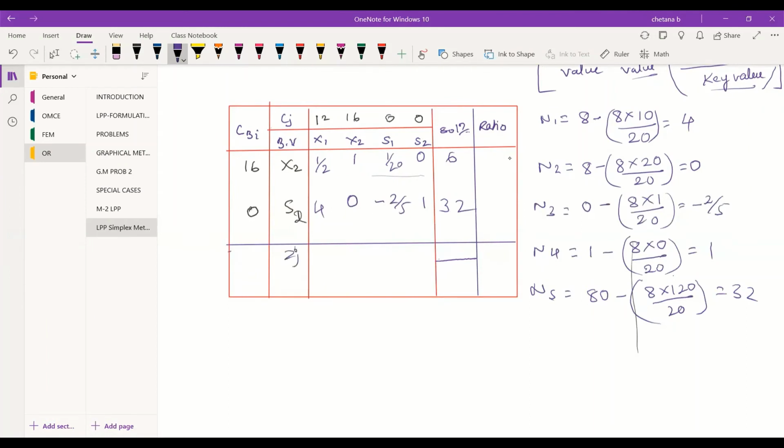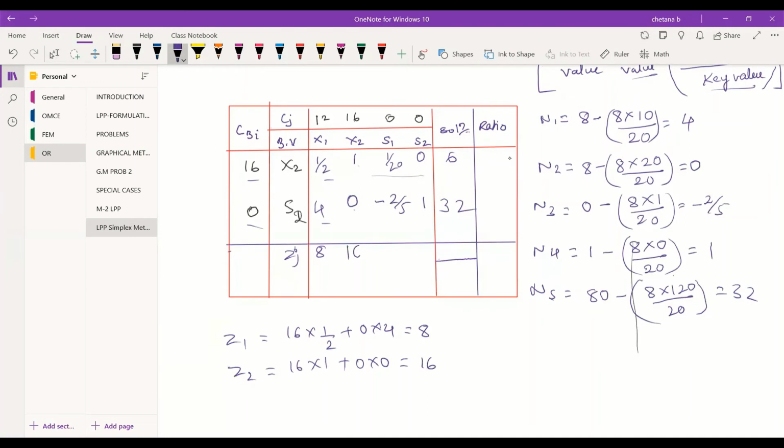Now for Zj, Z1: 16 into 1 by 2 plus 0 into 4. How much is this? 8. Right, here 8. For the second Z value, 16 into 1 plus 0 into 0. 16.